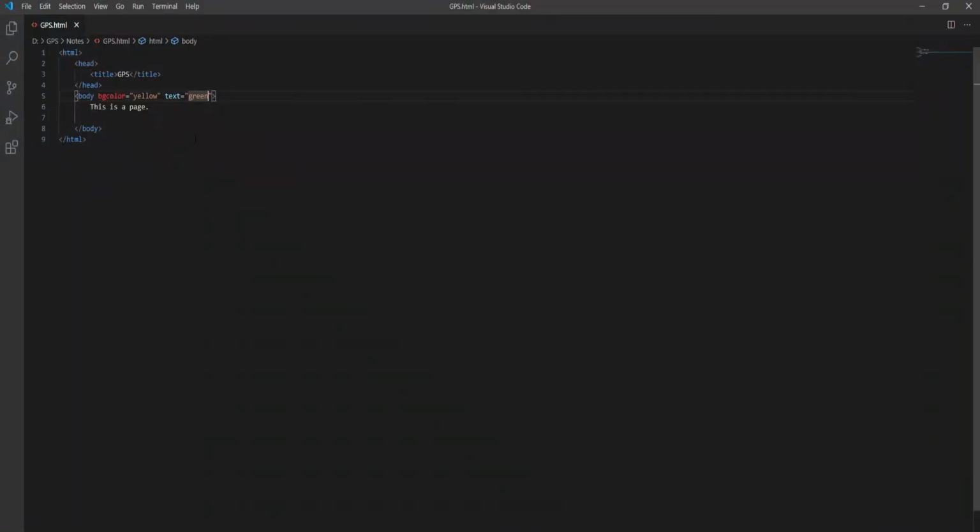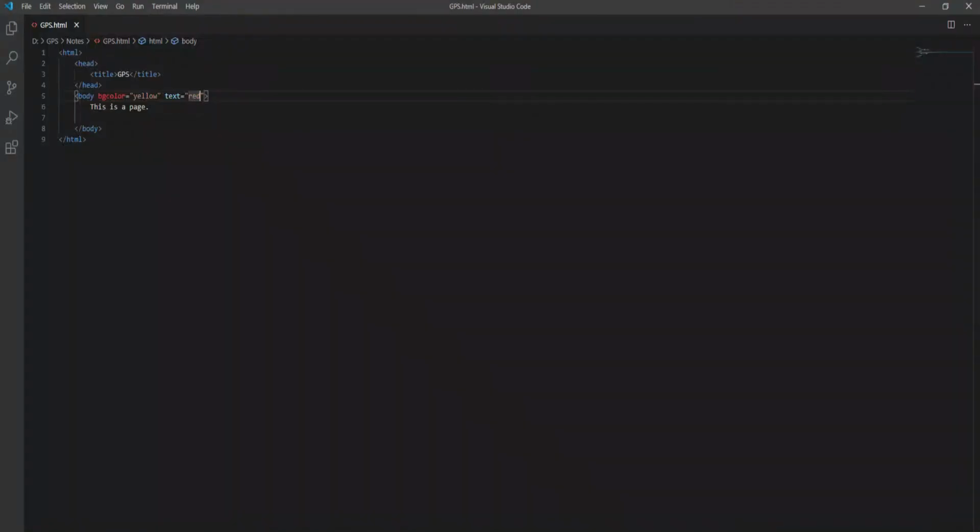As you can see that this is showing green color content. It means that everything which is written on this page will be shown as text in green color, right? Let's suppose we want to change this color to red, so we can write here red. Go back to the page and refresh once. Then as you can see that this line is showing in red color, right?